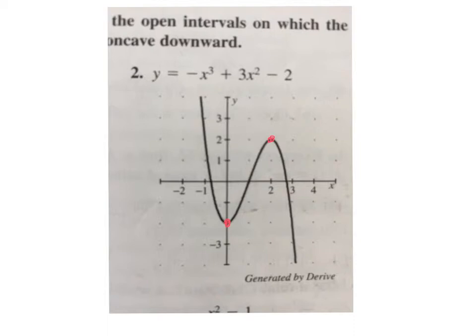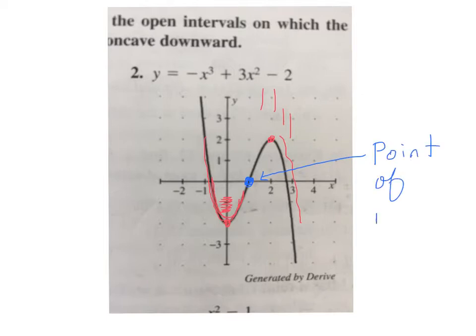Concavity means that the graph, what I like to tell people is, if it were to rain, if the puddle of water would build up in the graph, then it's concave up. But if it were to rain here, the water would just run off, and so it's concave down. Now, the question is, where does concavity change? Well, in this case, it's going to be somewhere about right here. That location where the concavity changes is called the point